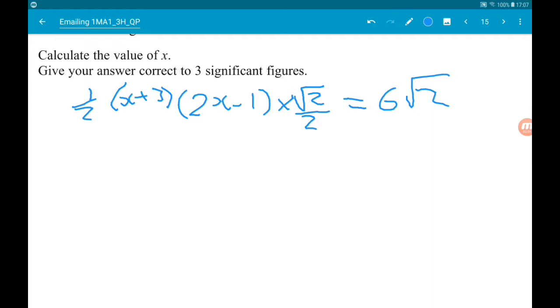So, on the left, we have 1/2 times x add 3 times 2x minus 1 times root 2 over 2. Now, 1/2 times root 2 over 2 is root 2 over 4. So, we have root 2 over 4